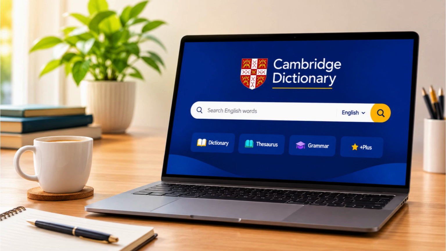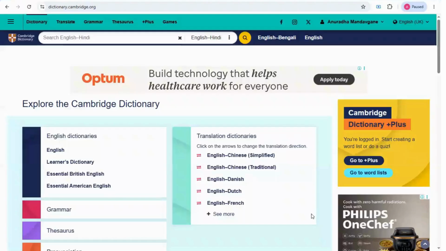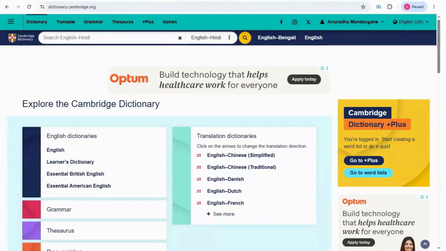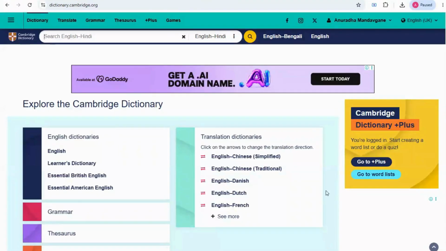Now let's explore the different features of Cambridge Dictionary and see how they can help you improve your English communication. Open Cambridge Dictionary official website in your browser. For your convenience, I have given the website link in the description, or you can go to Google and search for Cambridge Dictionary and go to Cambridge Dictionary's official website. So, this is the Cambridge Dictionary's official website,